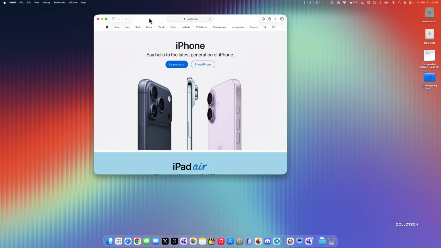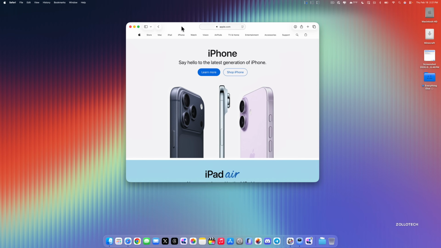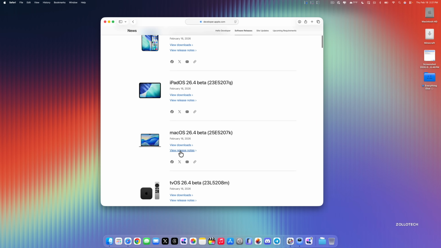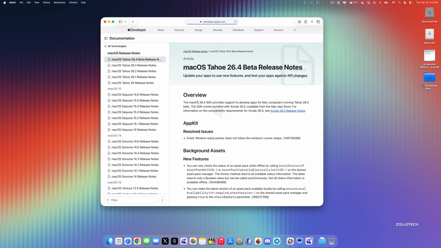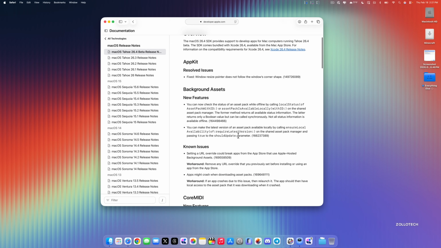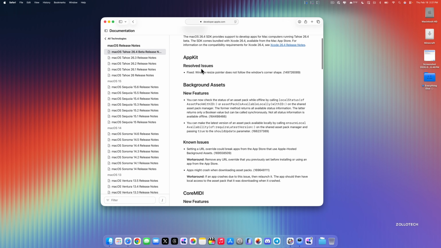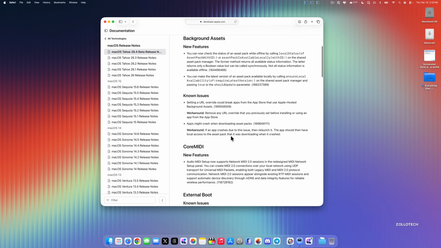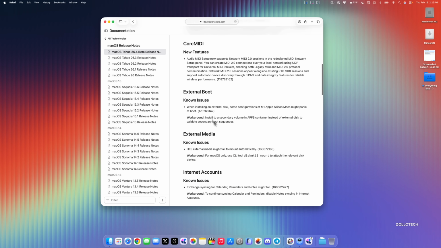Also, there's quite a few other issues. So if we go to Apple's release note website, you'll see if we scroll down to macOS 26.4 and take a look at the release notes. Again, this is on their public-facing website. They've resolved some issues, for example, in AppKit, but there's still some known issues remaining. So quite a few things going on here, such as external boot. When installing an external disk, some configurations of M1 Apple Silicon Macs might panic at boot. Also, there's some known issues with external media. HFS external media might fail to mount